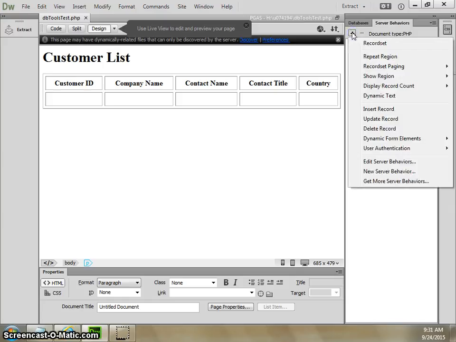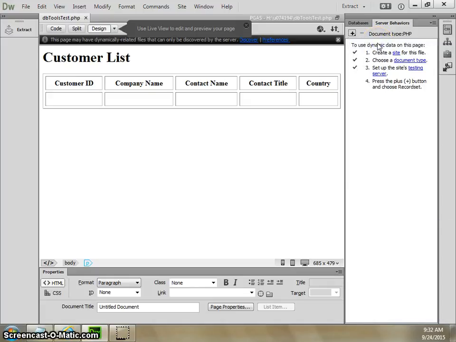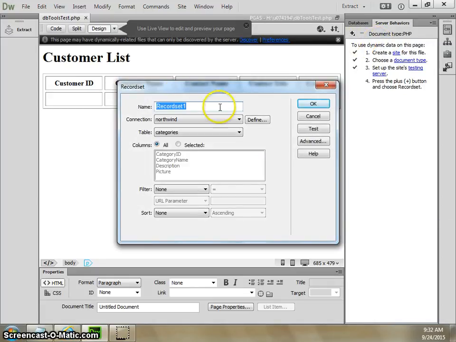And the first thing we have to do is to define a recordset. We have to let our page know which table it is that we want to connect to at the database server. So we're going to pick that first option for recordset. And again, we've got a dialog box. In this case, we're going to access the customers table. So let's name this recordset customers. Our only connection choice is Northwind because that's the only connection we've created. And then under